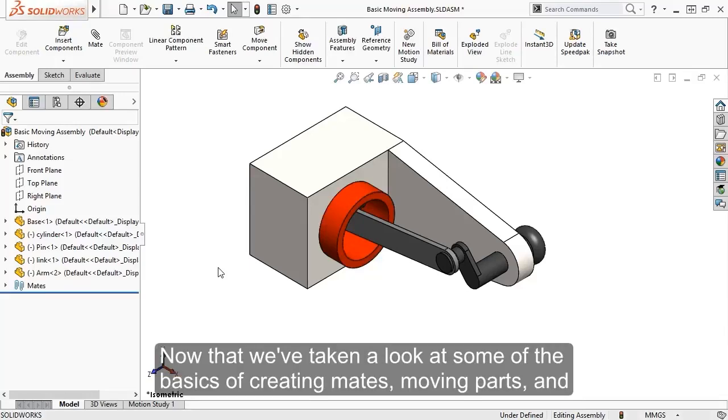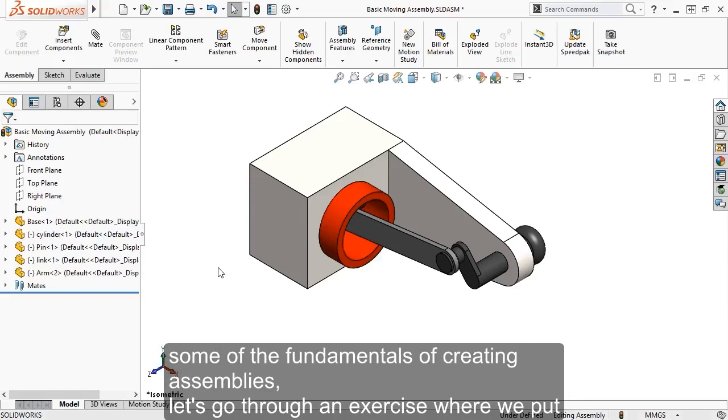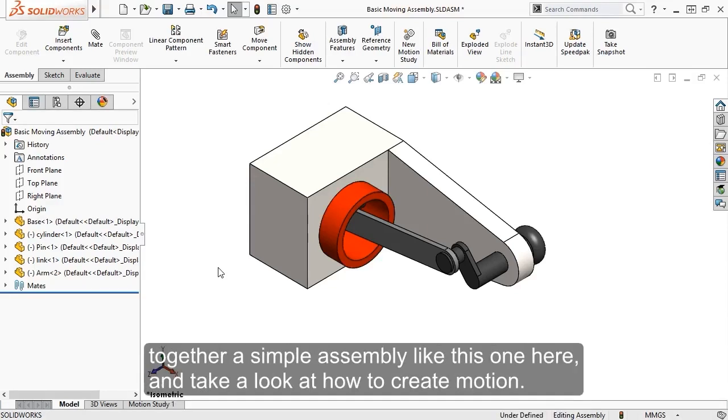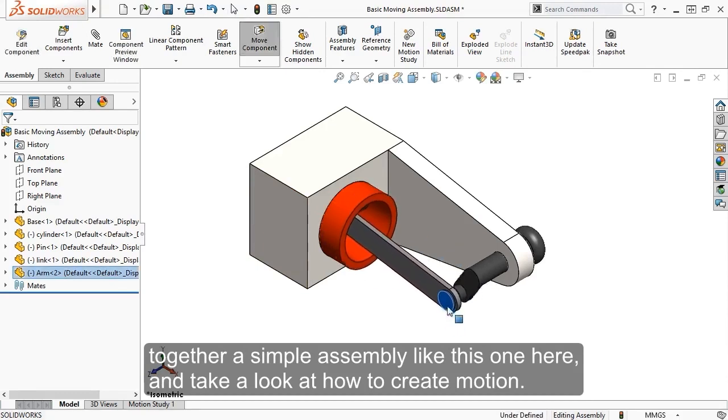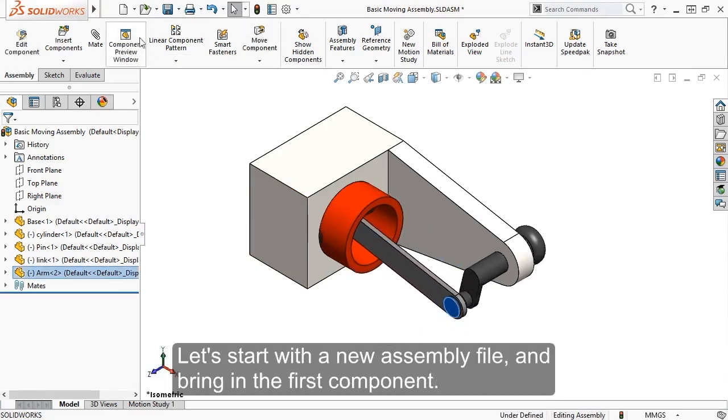Now that we've taken a look at some of the basics of creating mates, moving parts, and some of the fundamentals of creating assemblies, let's go through an exercise where we put together a simple assembly like this one here, and take a look at how to create motion. Let's start with a new assembly file,